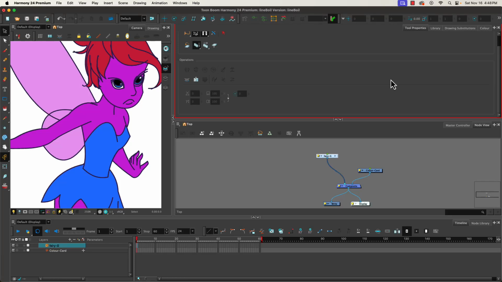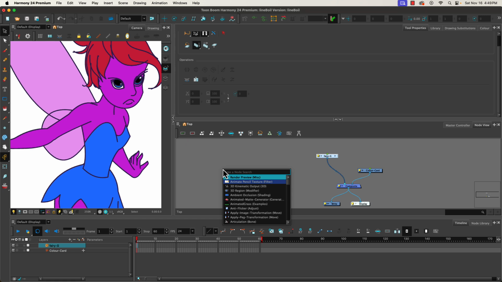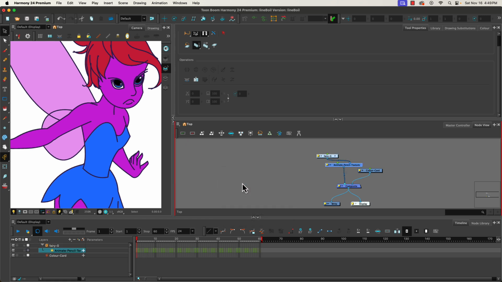Welcome. In this short video, we're going to take a look at how to add in a line boil effect to our rig. So sometimes when we draw with our rigs, we just use a standard clean vector line. And if we want to add in a line boil effect, we can use different turbulence nodes and things like that. But Harmony has now included a new node that can help us do this, which is the Animate Pencil